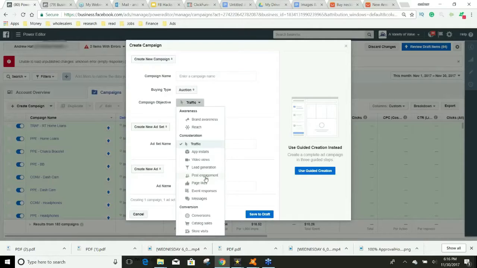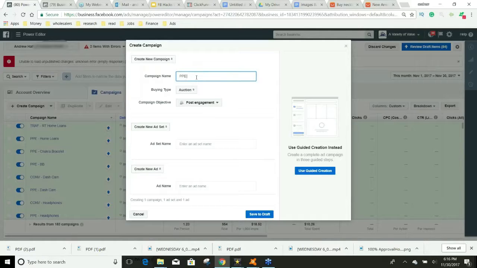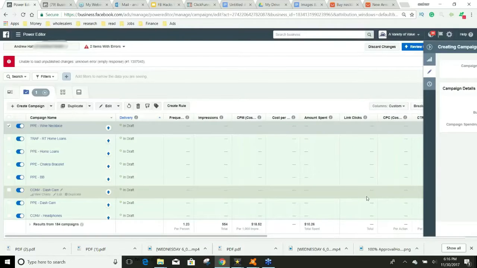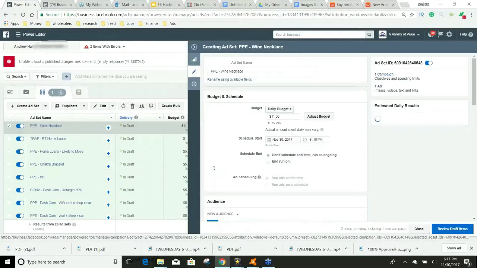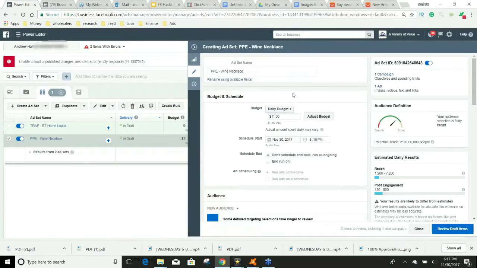So we're going to go into Page Post Engagement. This is the campaign I like to run, a PPE, Page Post Engagement ad. It's to get likes and shares on your post. Now, we're going to go in here to ad set. You can leave everything on the campaign on that first screen the same. And the reason I like to name it like this is the product right here, and then we know this